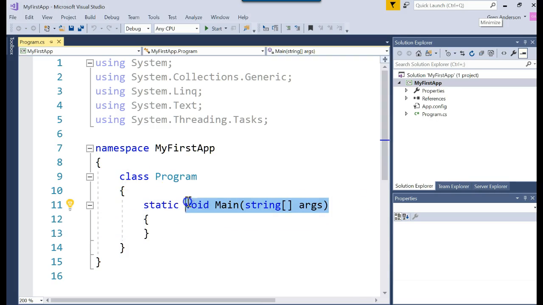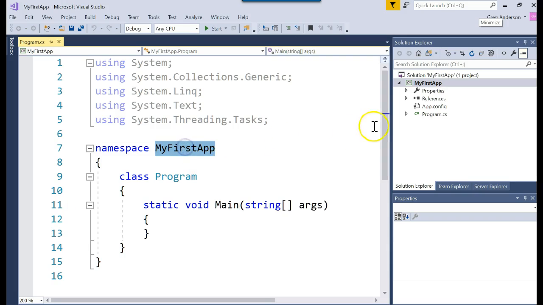This is called a function. Actually, you're going to learn later on, it's called a method, but we're going to say right now that it's a function. And what does a function do? A function does work, or it does a process. And the word main, notice that M is capitalized, the word main in C# means something special to the computer. It says this is where you're going to start processing code, or when you go to run your program